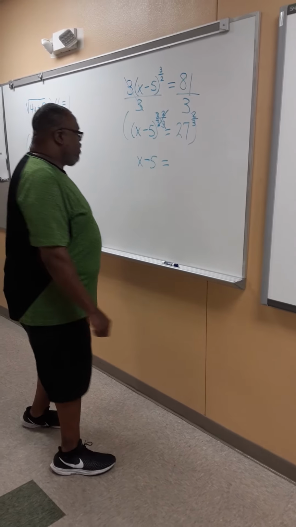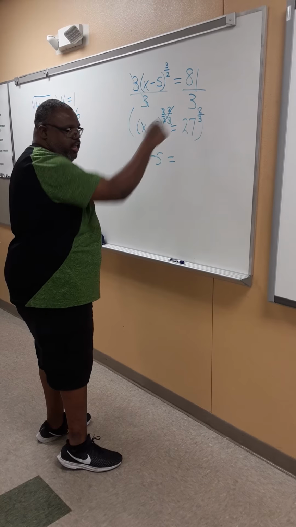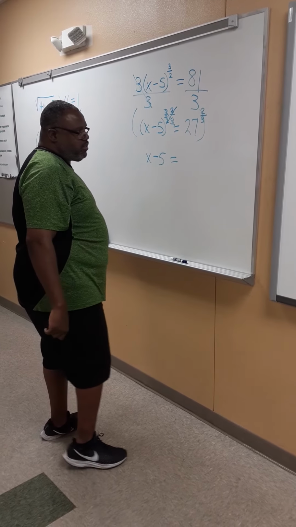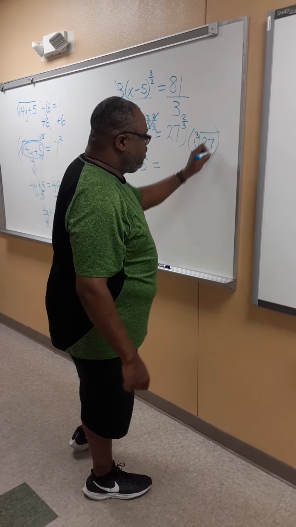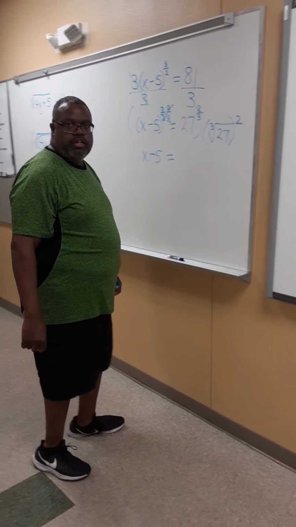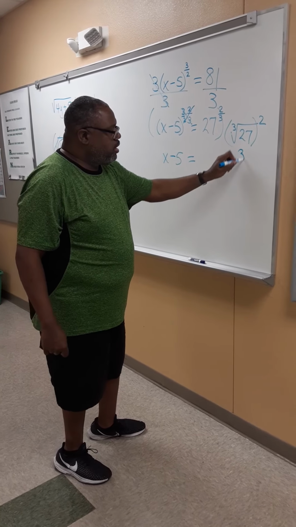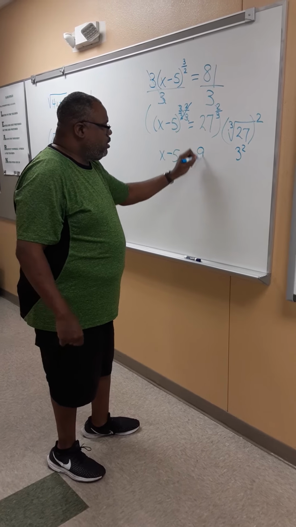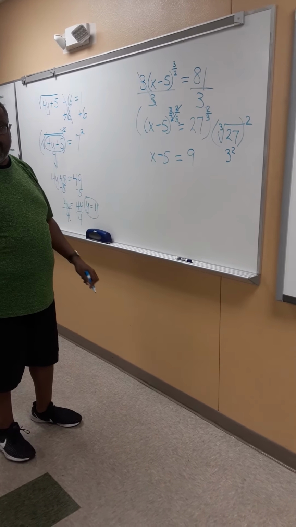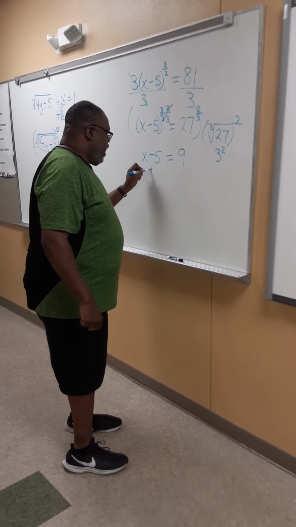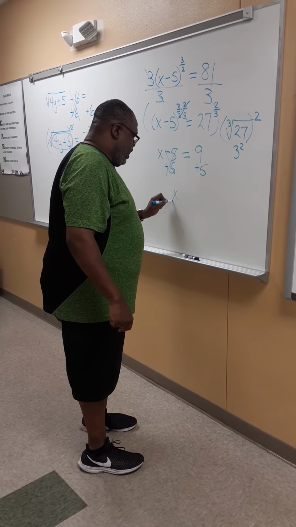As you remember, the denominator is your root and the numerator is your exponent. So I want the cube root of 27 raised to the second power. So the cube root of 27 is 3. 3 to the second power is 9. And I'm going to add 5 to both sides. So add 5 here, add 5 over here. x equals